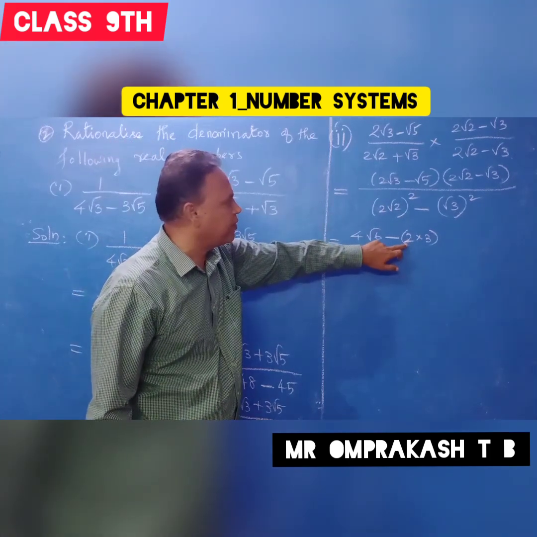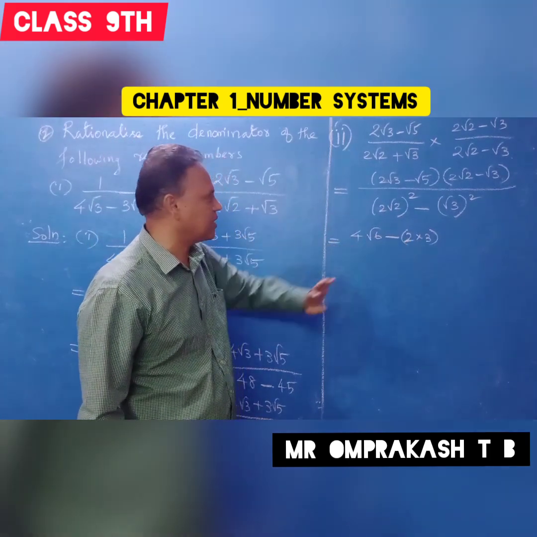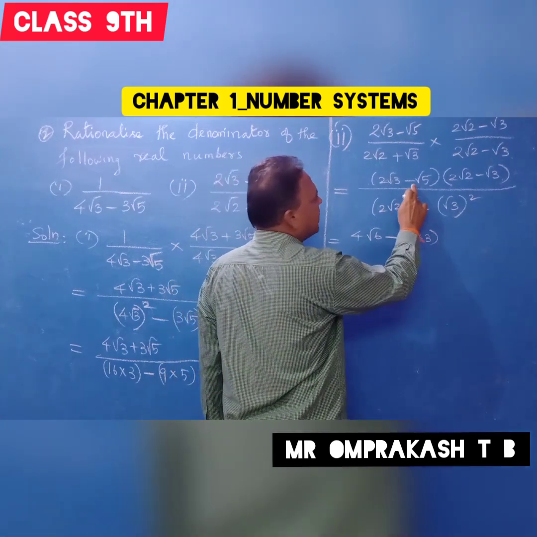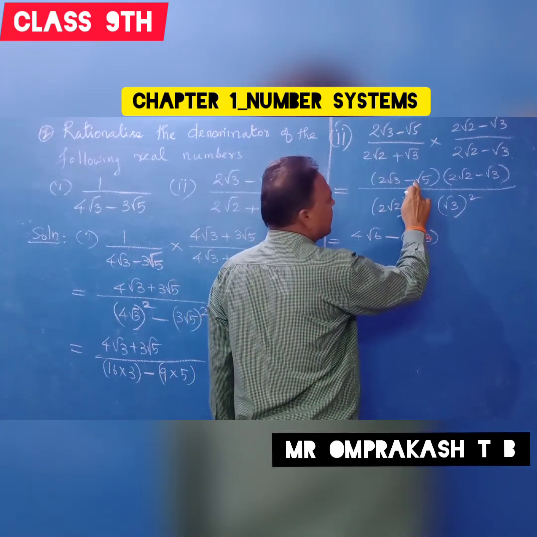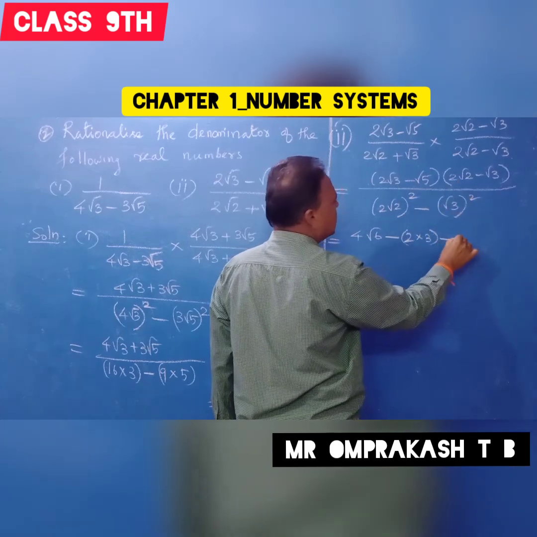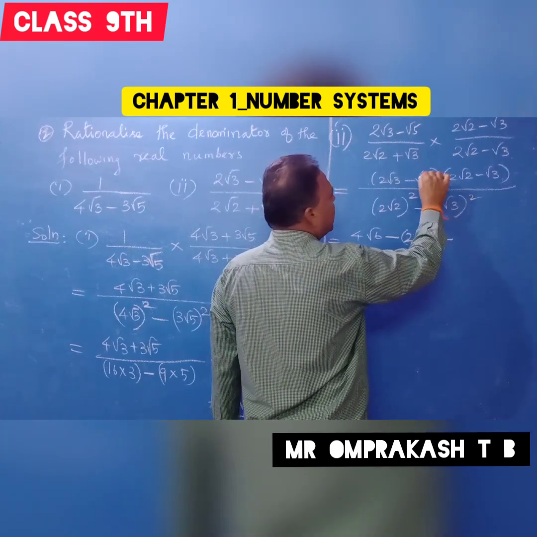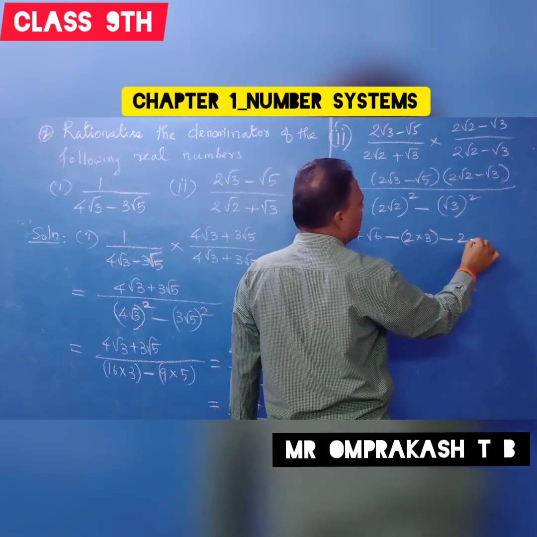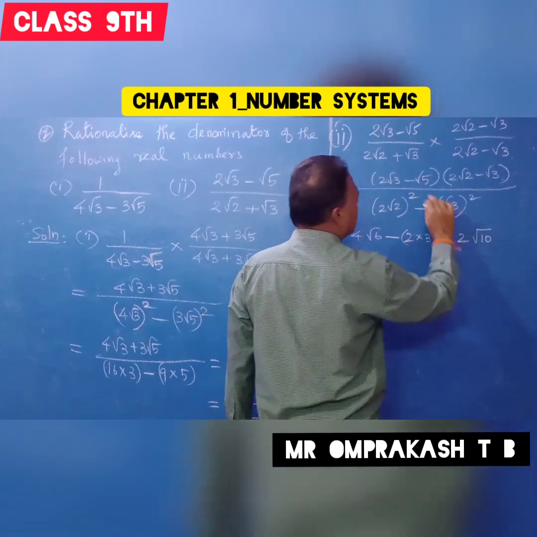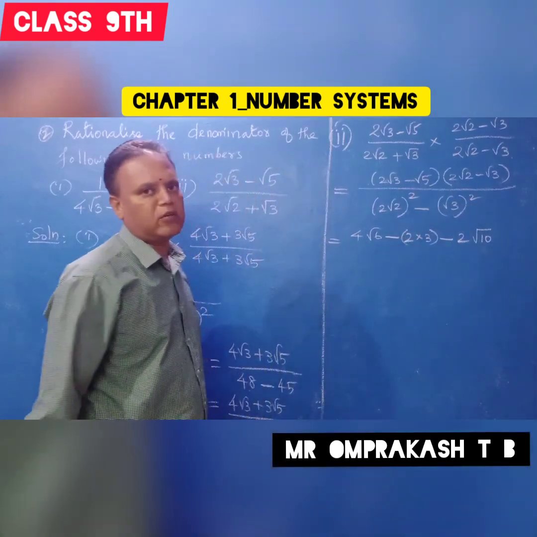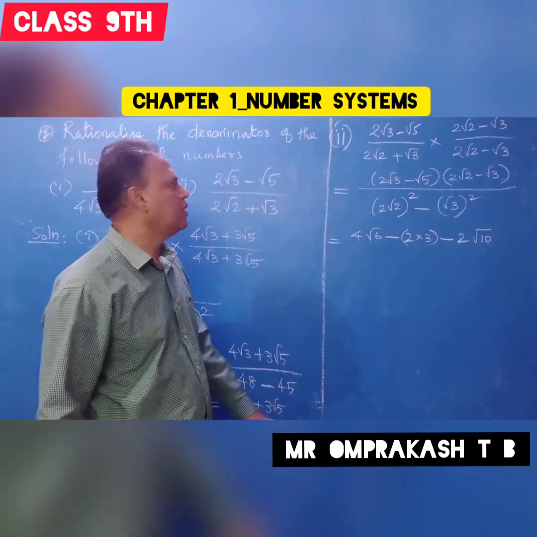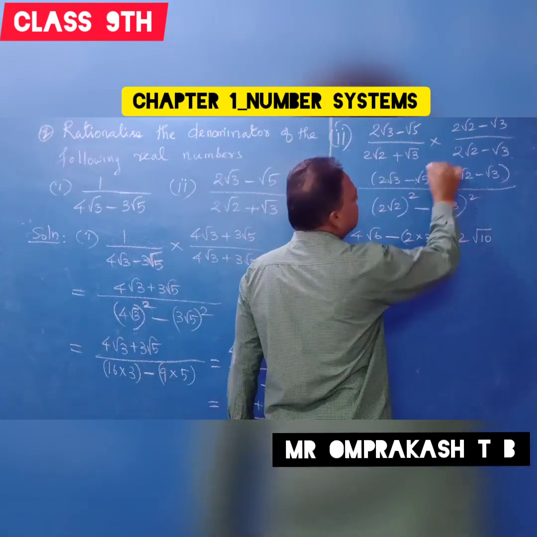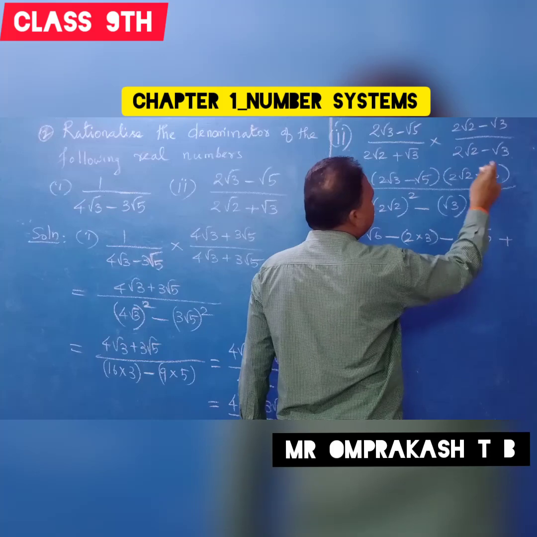Clear? Into 3. Okay. You can write straight away also. For the time being you write, then only you will understand. Okay. For understanding purpose, you write first like this. Then minus root 5. Minus into plus is minus. Okay. 1 into 2, 2. Here root 5 into root 2, root 10. Root x into root y is root xy, so you can multiply 5 into 2. That is root 10. Okay. Then minus into minus plus, root 5 into root 3.